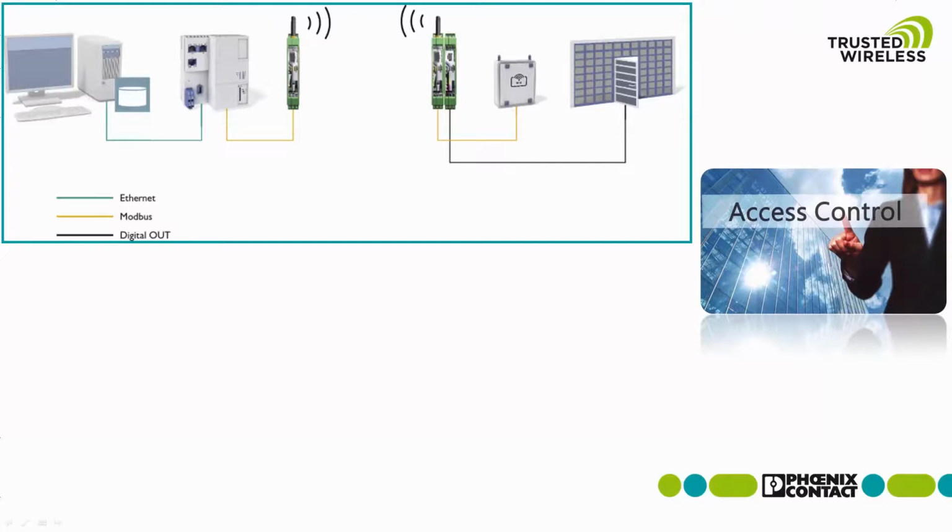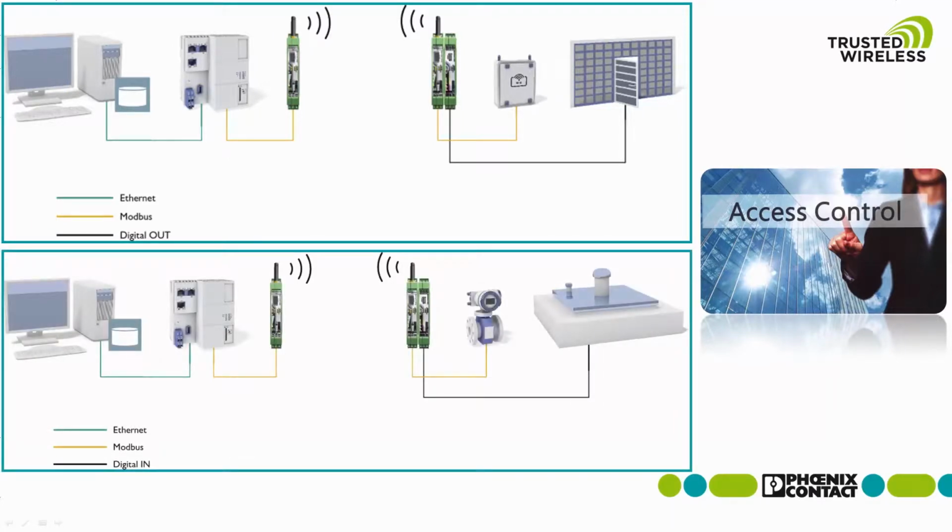Another application reference is the monitoring of wells. Typically, sensors with Modbus interfaces are used to monitor volume and flow. In addition to the transmission of Modbus RTU data, the new operation mode now also allows digital input signals to be transmitted in parallel, which would allow monitoring of the physical access to the well. The parallel operation of I/O and Modbus serial data removes the need for two separate wireless systems.